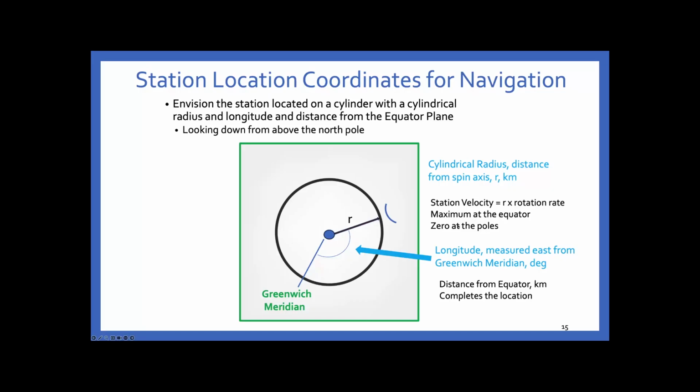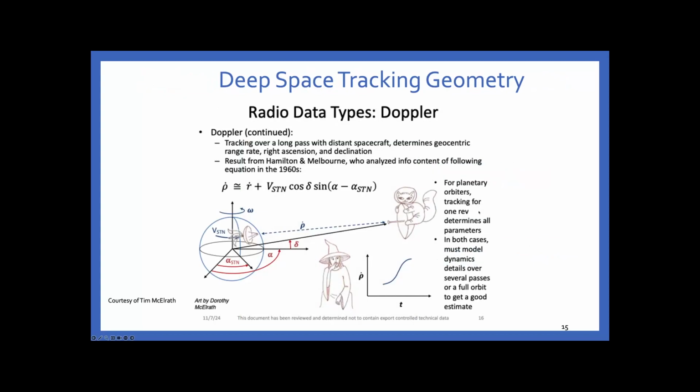And conversely, at either pole, it would be zero. And of course, our stations are at different cylindrical radii and different longitudes and different heights from the equator. So we've replaced the geocentric radius with the cylindrical radius because we need to define the station velocity. And with that,